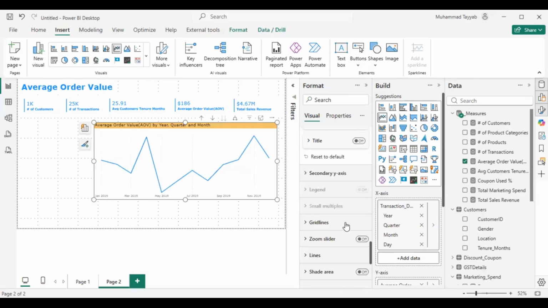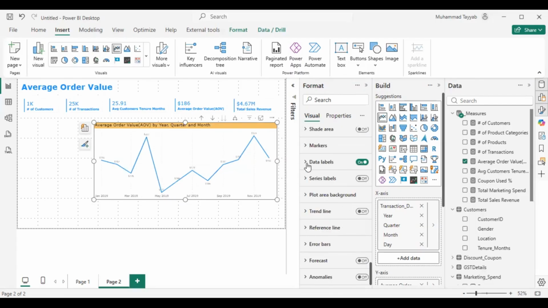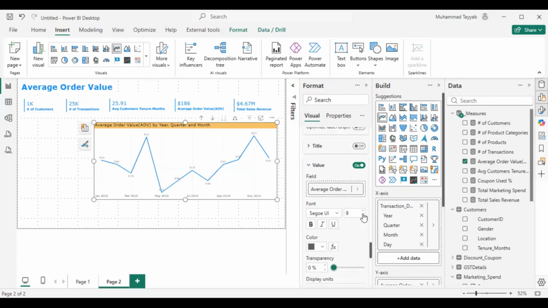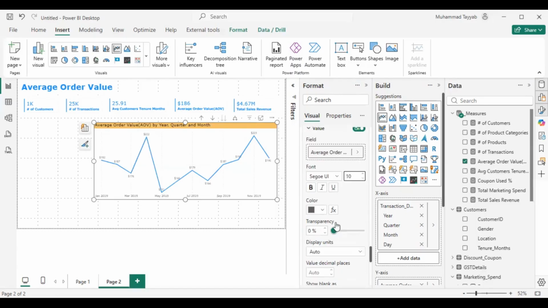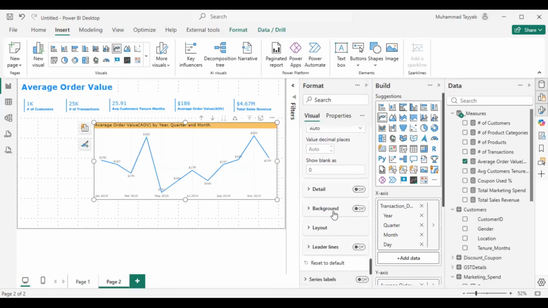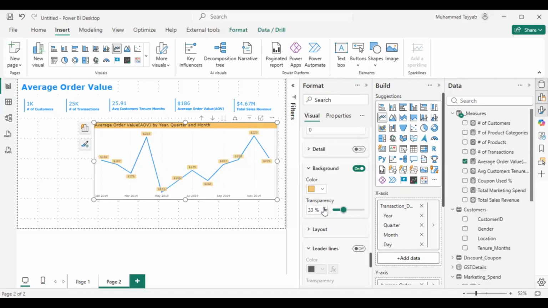And I can even turn that off and turn on the data labels, so to see the values by each peak. So we got this, and I can change its font to Verdana as well. And for the background, I can add this color that we have used. Okay, so I think we can just keep that to 35. Okay, so we got this,